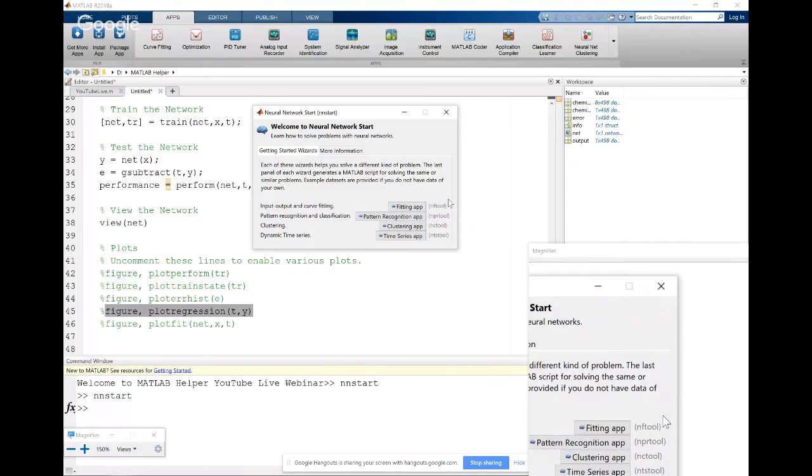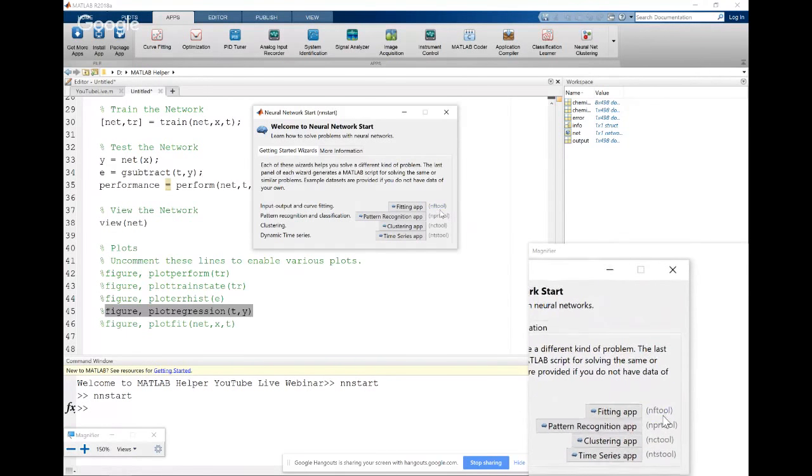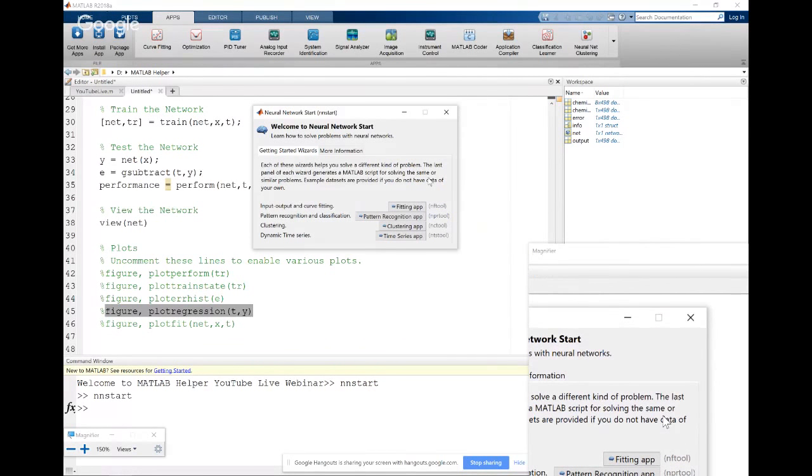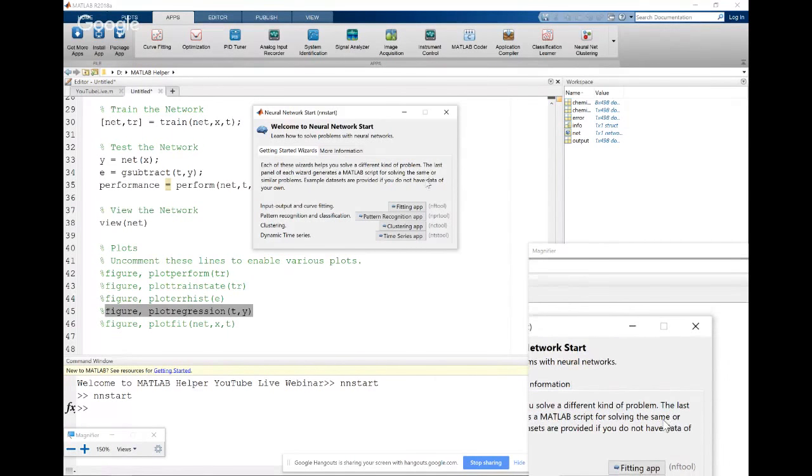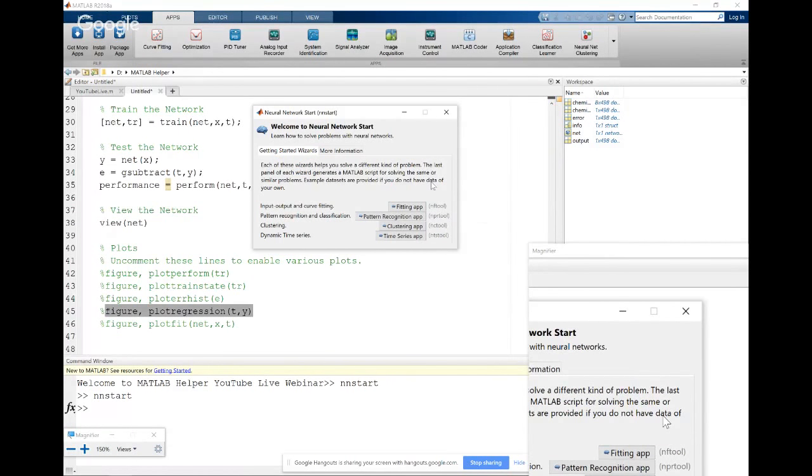There are some links over here, NF tool and NPR tool. These are the documentations on pattern recognition and fitting apps provided by MathWorks. If you click on these links, you can directly see the documentation part.